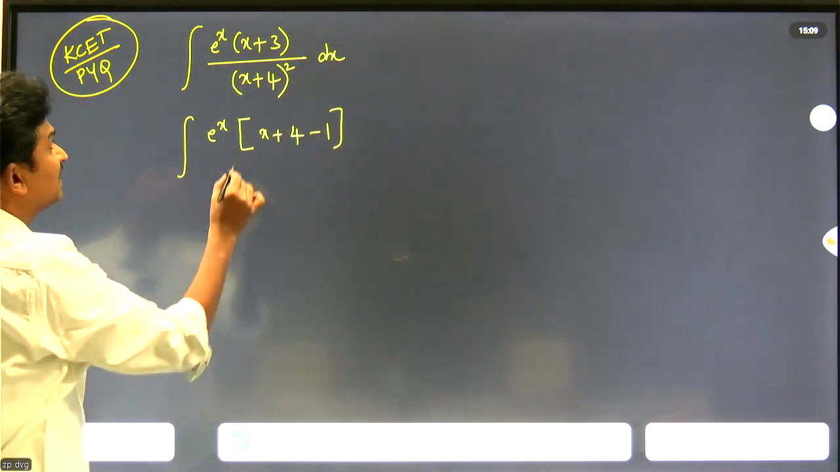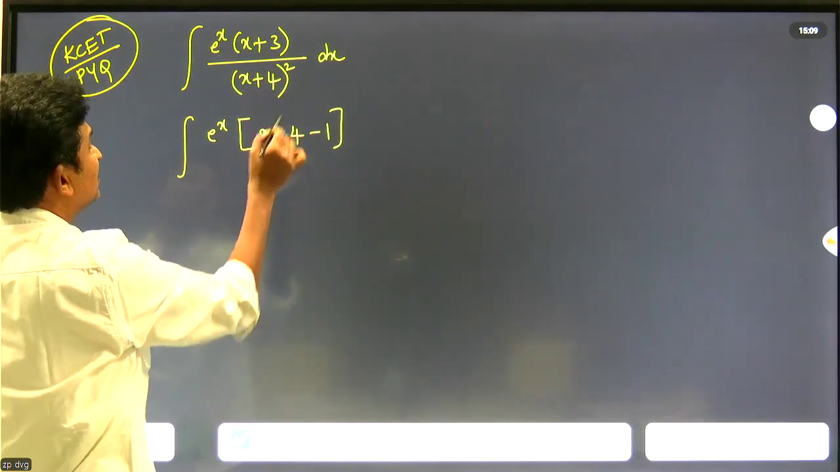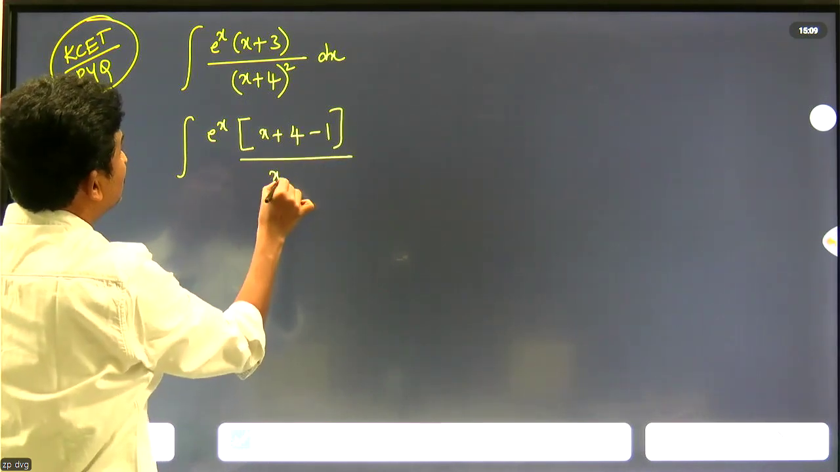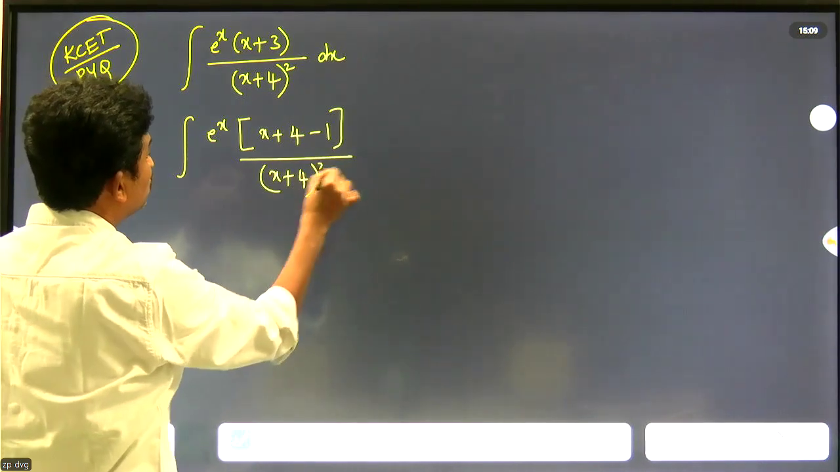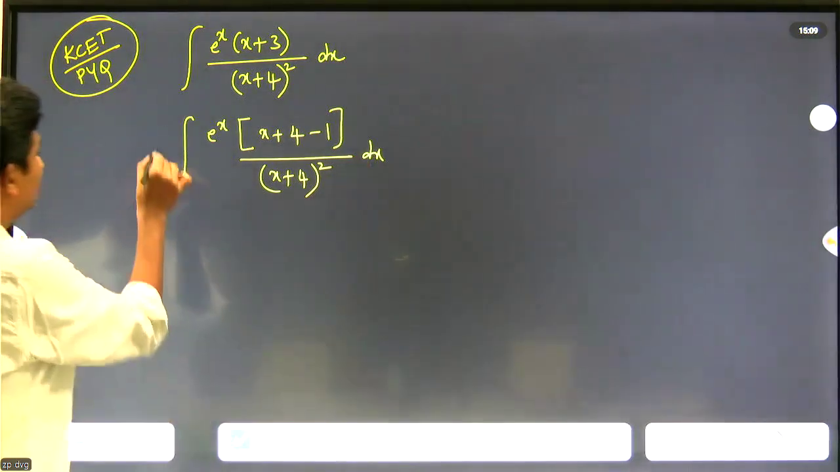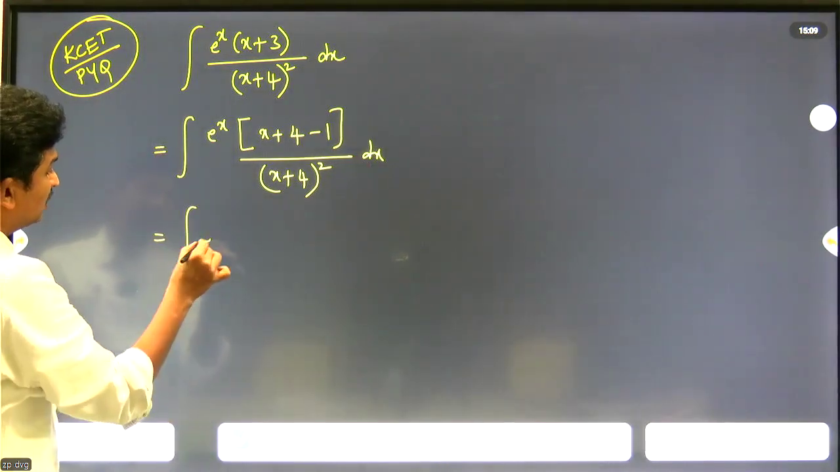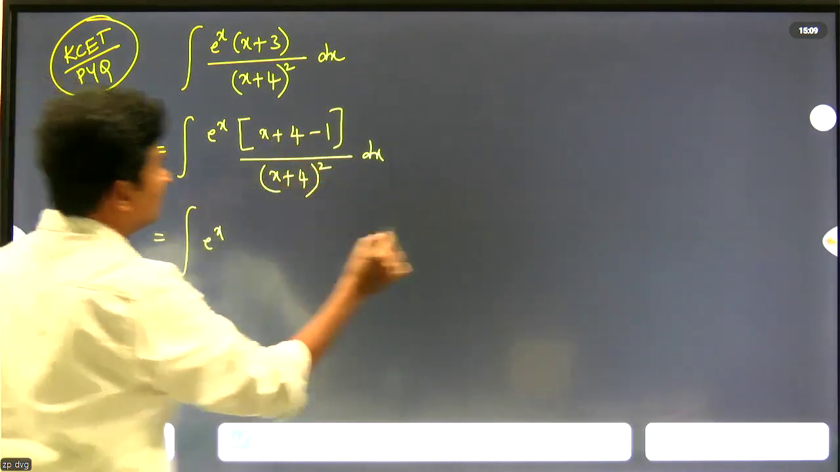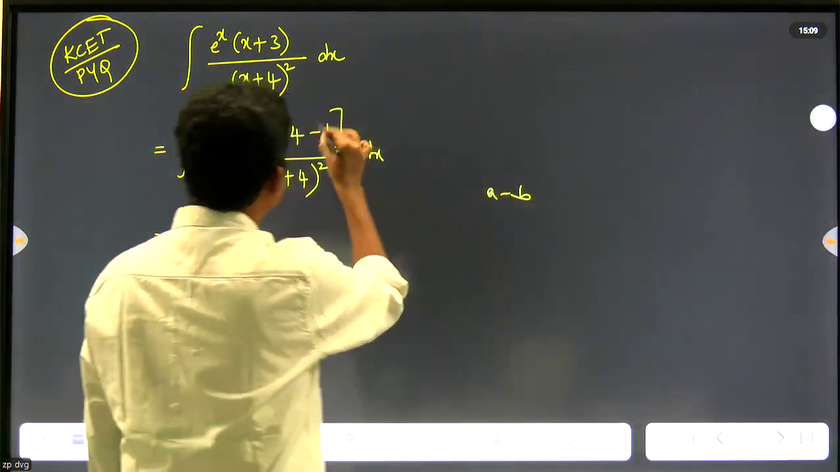I'll tell you why we are writing like this. 3 here, x plus 4 is there, no? I need x plus 4 here. That's why this 3 can be written as 4 minus 1, divided by x plus 4 whole square dx. Okay, that equals the integral of e power x into, see, this you take as a minus b